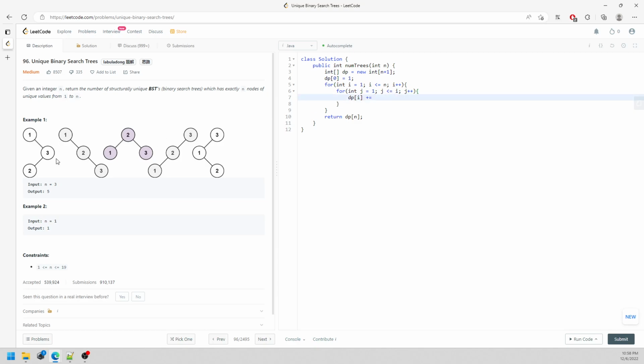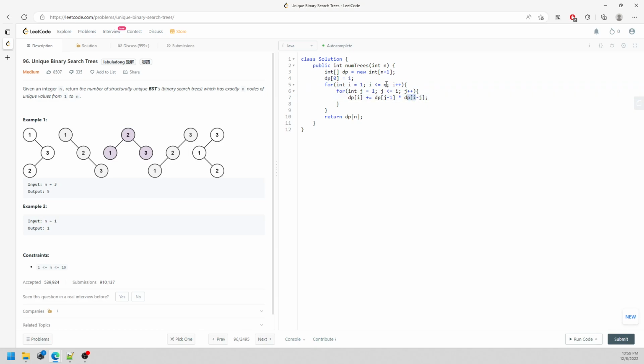For the left and right possible, you probably have to say combination, right? Combination of trees, and then this is going to be dp[j - 1] times dp[i - j]. Alright, so what this means is what? dp[j - 1] and dp[i - j]. So imagine that i equal to n,